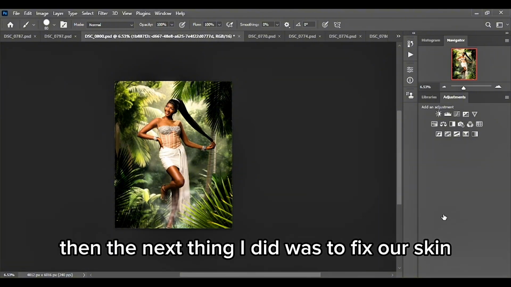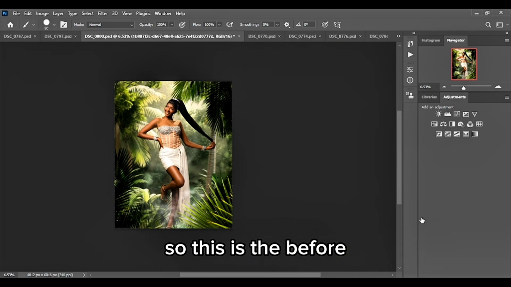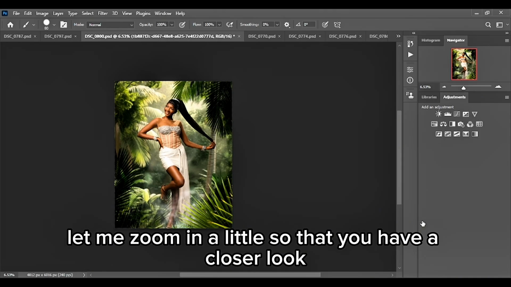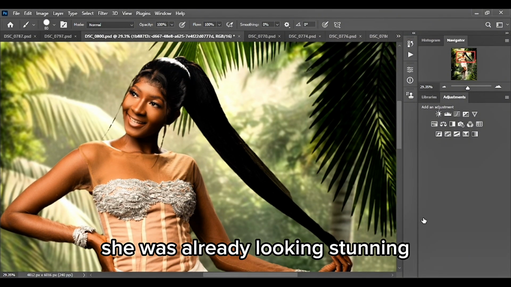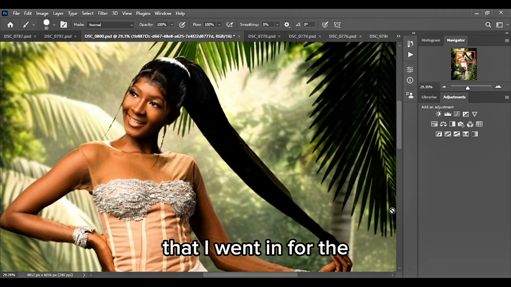Then the next thing I did was to fix her skin to make it look more smooth and nicer. So this is the before, the fixing of the skin, and the after. Let me zoom in a little so that you have a closer look. So this is the before and after. She was already looking stunning, so I just had to fix a little. After that, I went in further